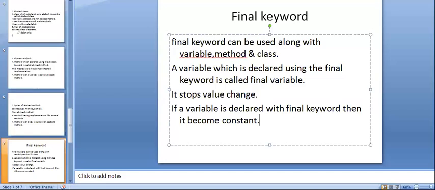We know that a constant value cannot be changed, right? So that's why it stops value change.